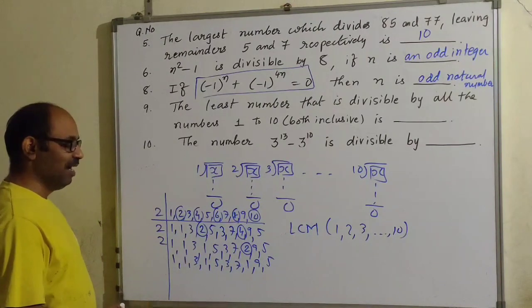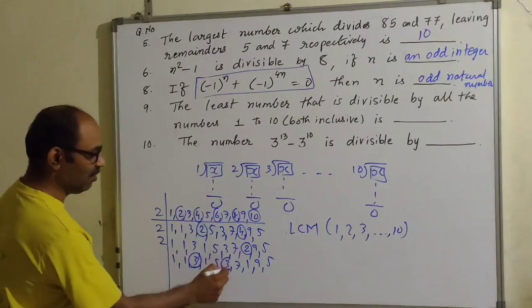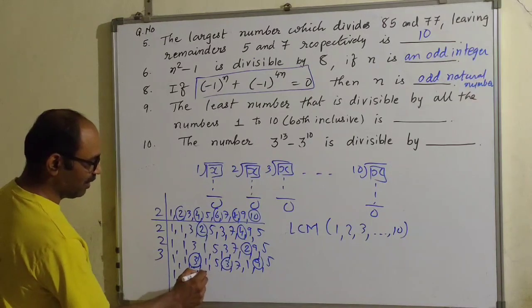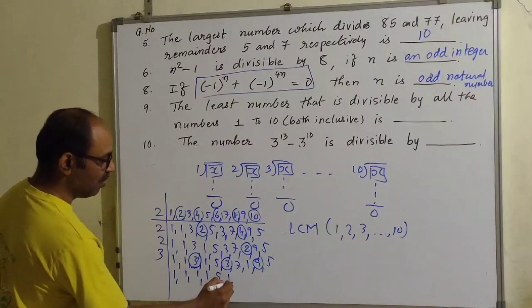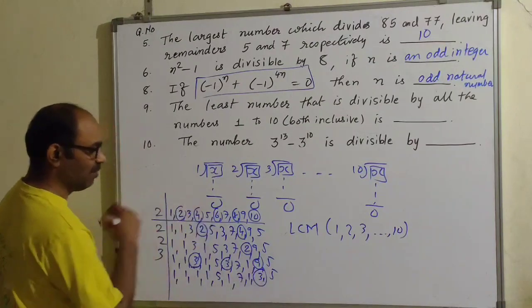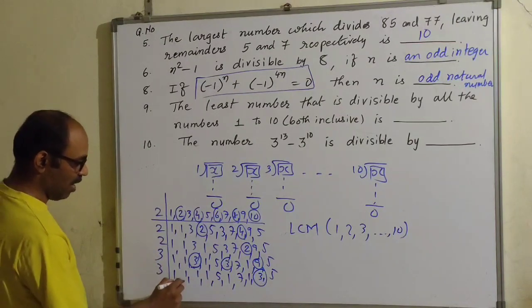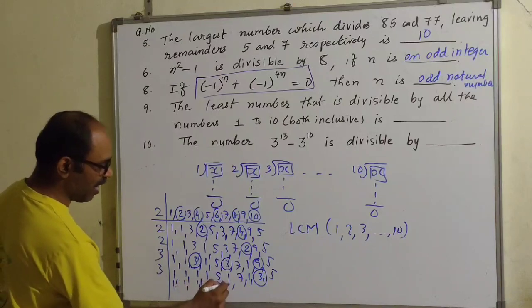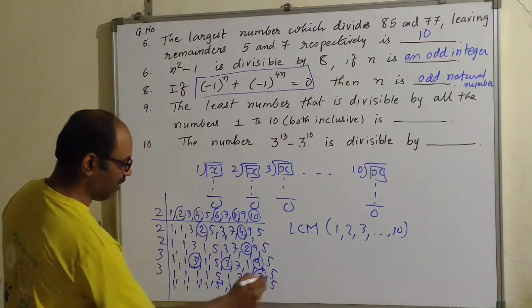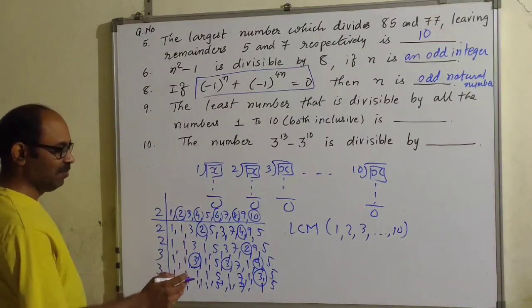Is there any number divisible by 3? Yes, here 1, 2, 3. So 3s are 1 as it is, 1 as it is, 1, 5 as it is, 7 as it is, 1. 3s are 5. Still any number divisible by 3? That is 1, 1, 1, 1, this is 5, 1, 7 as it is, 1, 3 1s are, and 5. Then no number is divisible by 3.